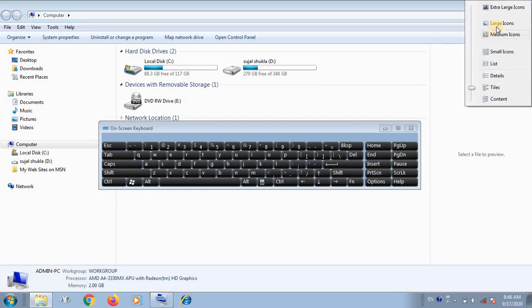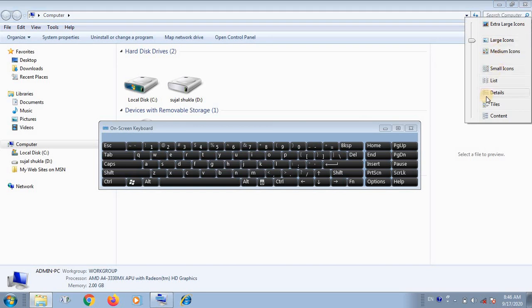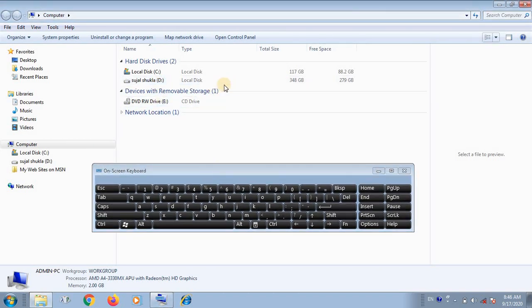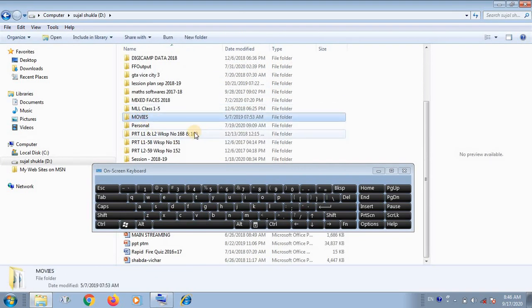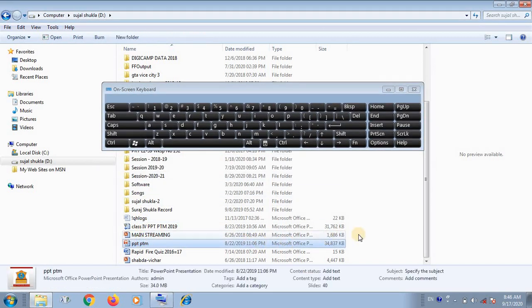Listen, you are looking here large icons we can do. And suppose I want to show details of any drive. You are looking at the different views of files. Double click on that particular drive. Suppose I want to see the detail of a file.